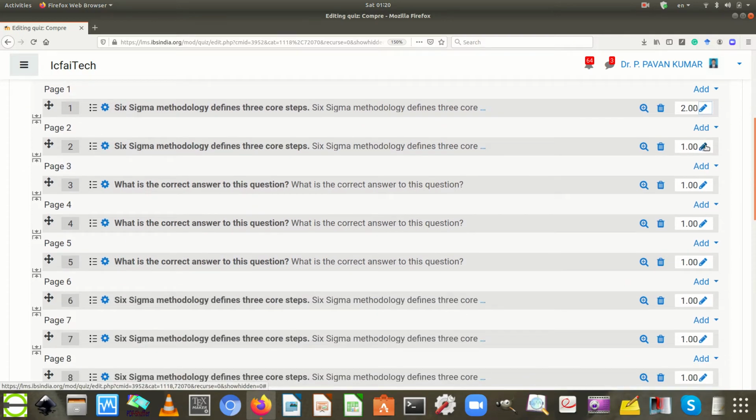Repeat the same step which we have followed for question number 1. Make question number 2 marks from 1 to 2. Subsequently, for the third question also, change marks of the third question from 1 to 2. After editing the marks in the marks tab, directly press the enter button on your computer keyboard. Now repeat the step for question number 4.